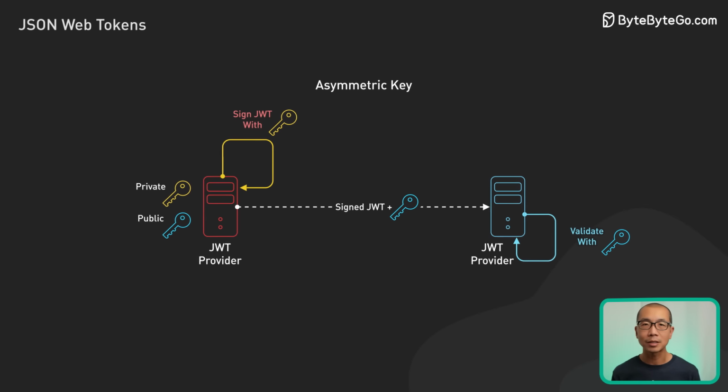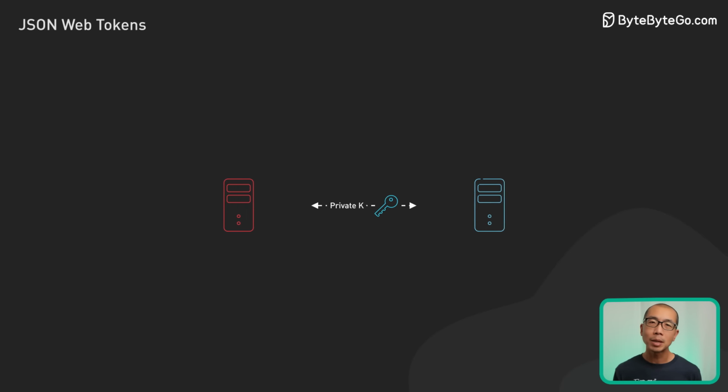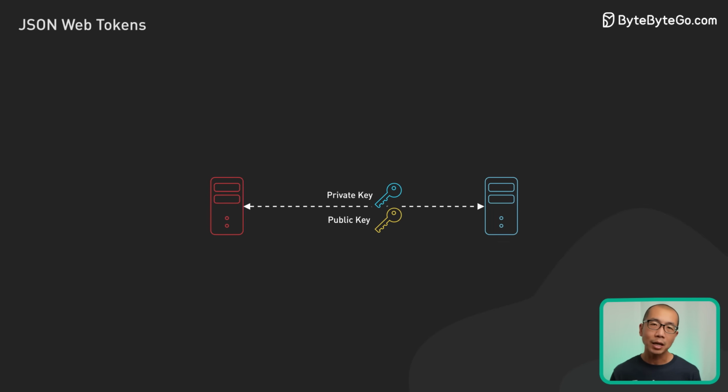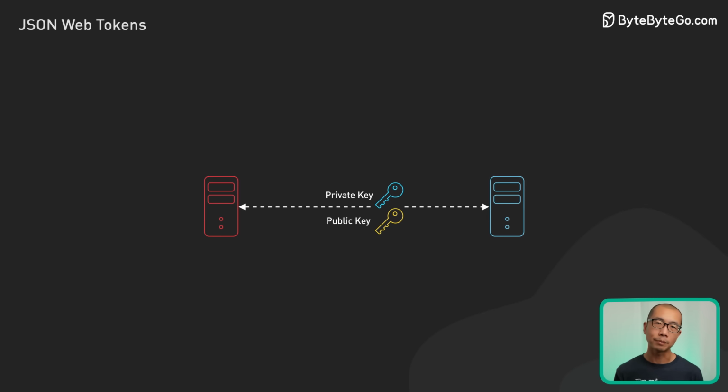When choosing an algorithm, consider your needs. Symmetric keys are quick and simple, but the secret key must be shared between parties ahead of time. Asymmetric keys allow verification of the creator without sharing private keys, but are slower.